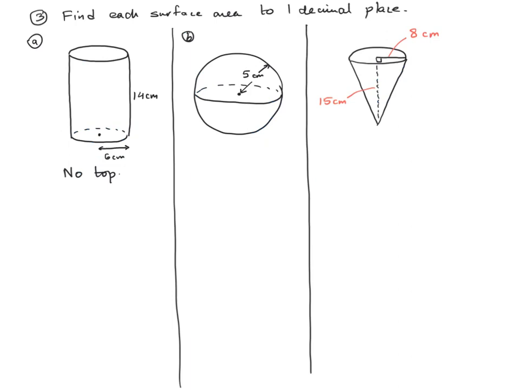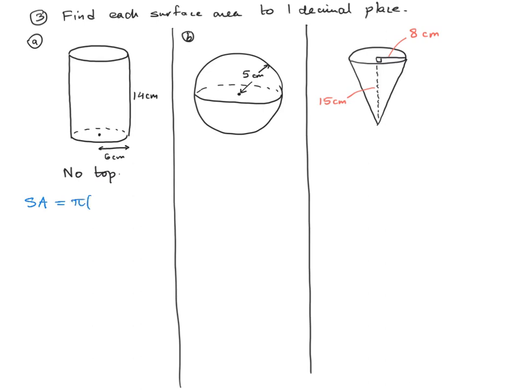All right, some more surface area problems, saying rounded to 1 decimal place, so we'll get to that when we get to that. So this looks like a cylinder to me. The radius of the cylinder is 6, the height of the cylinder is 14. And it says no top. So there's a circle at the bottom, and then there's the curved surface, which is also called the lateral surface, and that's it. So the total surface area, I have to add the circle area, which is pi r squared,